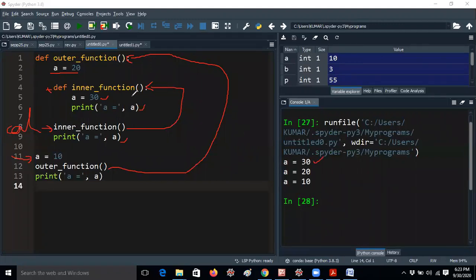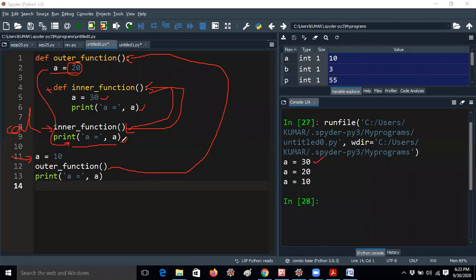After that the function is completed, and it will go back to this position. After that print a equal to will be printed. Here, what is the a value? The a value is not 10 here. You already know that the outer function a value is 20. This value will be printed in this case. Because here I am giving a only for all the namespaces, all the identifier names, you get confused. That's the reason you are telling different answers for everybody.